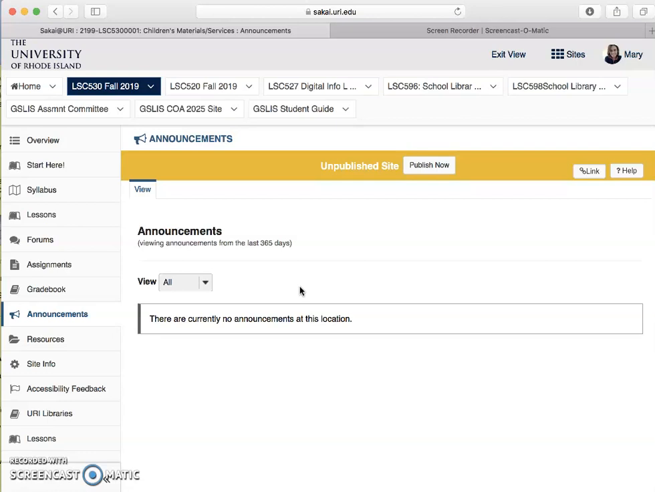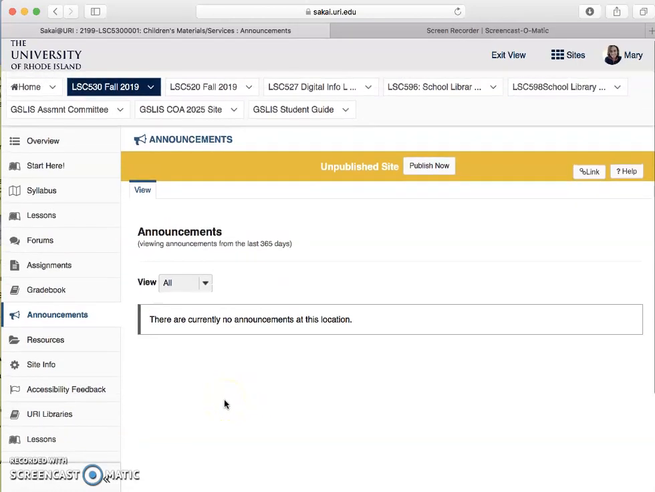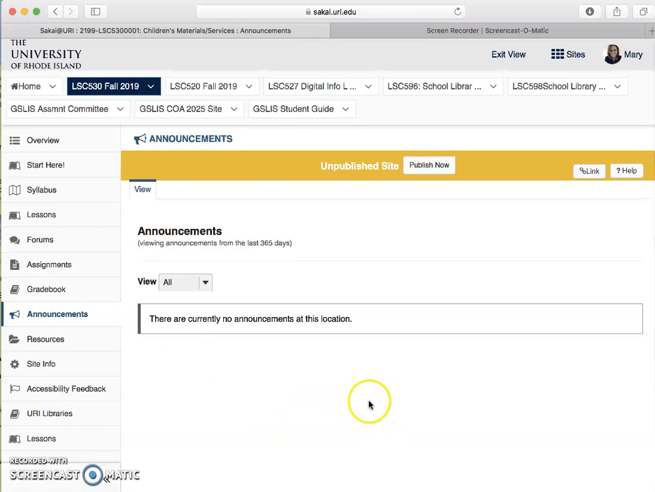I use this tool rather than just straight emailing the class because of the nice feature that everything's archived into one spot for you. So that's a quick overview of how to use Sakai in this course,